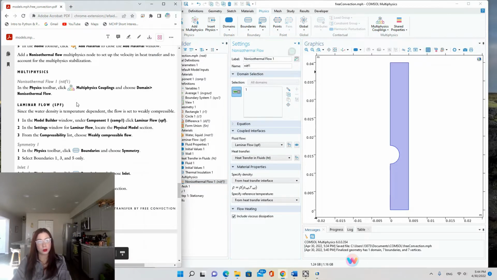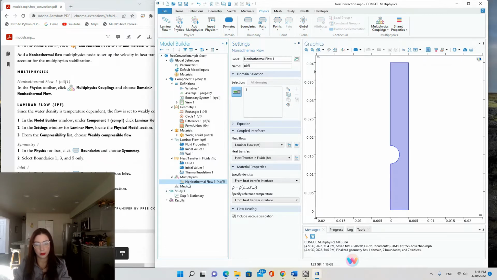And under laminar flow, since the water density is temperature dependent, the flow is set to weakly compressible. All right, because as water heats up, it does become very slightly more dense. Right, yeah, it's backwards for most fluids, but for water, it becomes less dense as it cools, as it freezes. Okay, so in the model builder window under component 1, click laminar flow